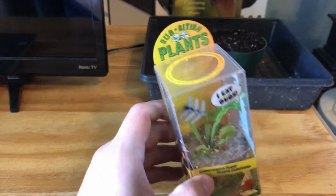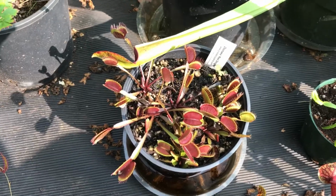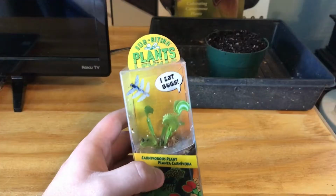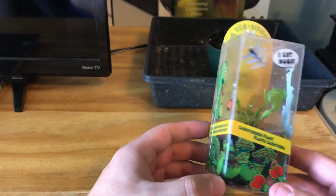And crazy enough, this is a Dente. This is not the first time I've actually gotten different species from Lowe's. I've gotten some red dragons from Lowe's. They're always labeled just as Venus flytrap, but sometimes you can find some treasures, and boy is this a treat. So as you can see, it comes in actually really nice packaging, I'm not gonna lie,